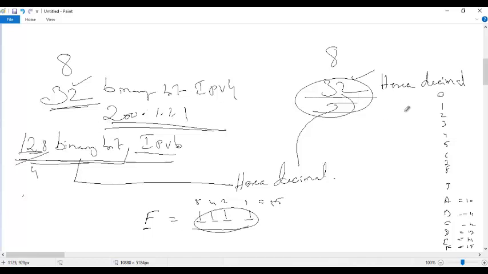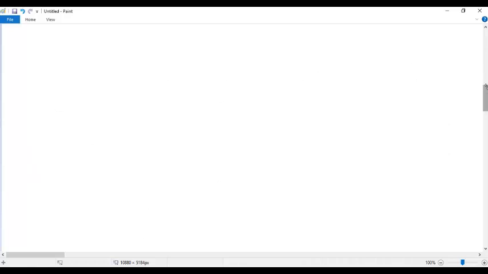Now, what is the connection between this 8 and this 8? In IPv4, every octet is 8-bit, so totally you have 4 octets. Here, the 128-bit is written in 32 hexa digits. Yes or no? We just learned that 32 hexa digits is 128-bit binary.